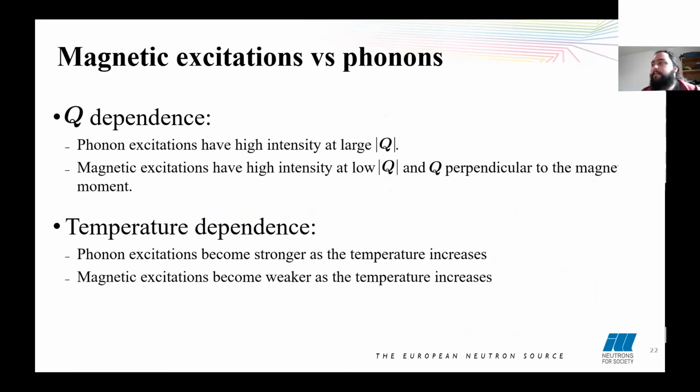Phonons increase in intensity with higher Q and higher temperature, while magnetic excitations decrease in intensity with higher Q and higher temperature. And on top of this, with neutrons, we have that restriction that we're only sensitive to the perpendicular part of the magnetization. So for most experiments, you can usually do experiments at different temperatures, or simply measure a wide range of Q, and you can then, during data processing, look at different regions in Q space, and nicely separate the